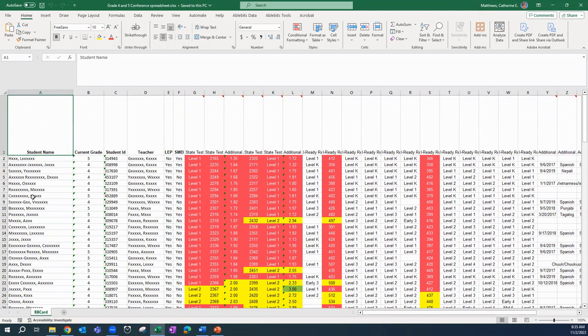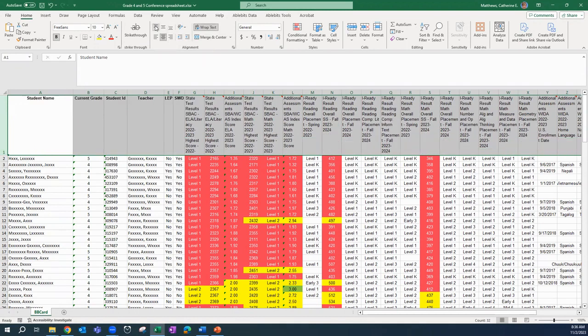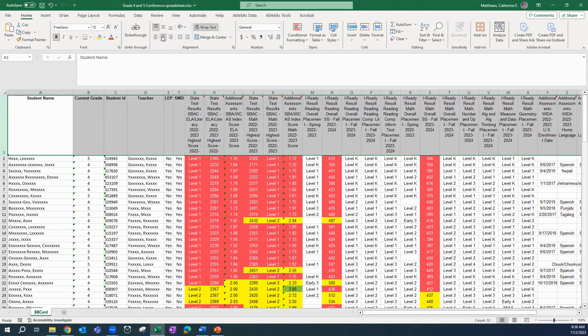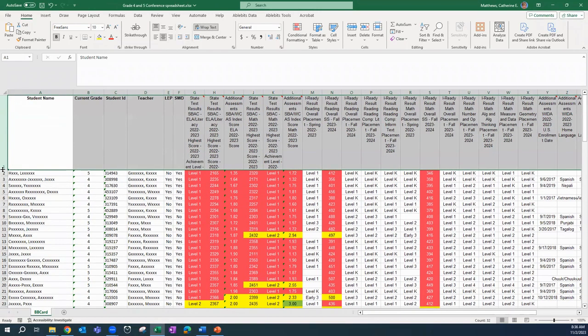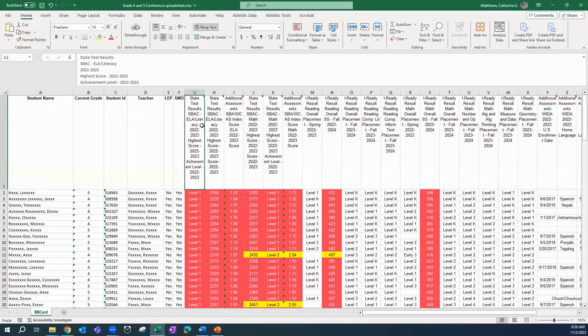So again, remember, these are hashtagged out for privacy. This is kind of hard to read because it's just like state test already. So first thing I'm going to do is I'm going to highlight the first row and I'm going to click on wrap text and I'm going to format it so that it's high and in the middle. And then I'm going to make that just a little bit longer. All right. So this heading